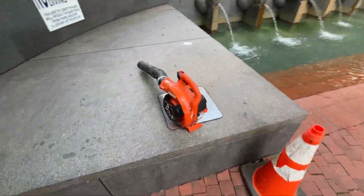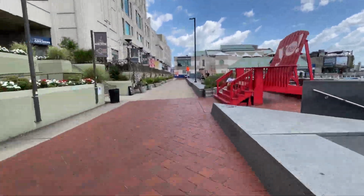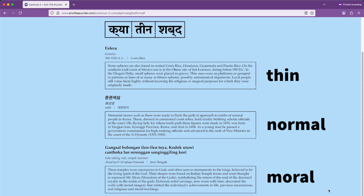This one was blocked when I made this video, but 3 match the ones in the puzzle, and a 4th provides the password, totem, since the bottom of the puzzle indicates that the title of the 4th piece in English is the password. However, one word in each description in the puzzle has been altered from what's on the actual plaques. And the key to ultimately solving this puzzle lies in the header, which you can translate from Hindi to